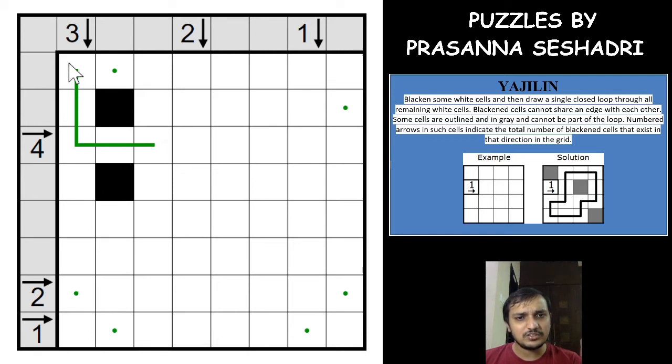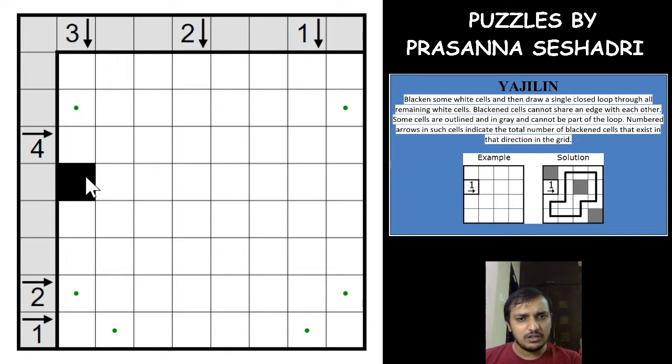So what happens if this is the instance? This loop has to go through these cells and this cell gets stranded. So even at an edge, or one cell away from the edge, there has to be minimum 2 white cells in between 2 black cells, right? So this trick will help you to solve the 3.